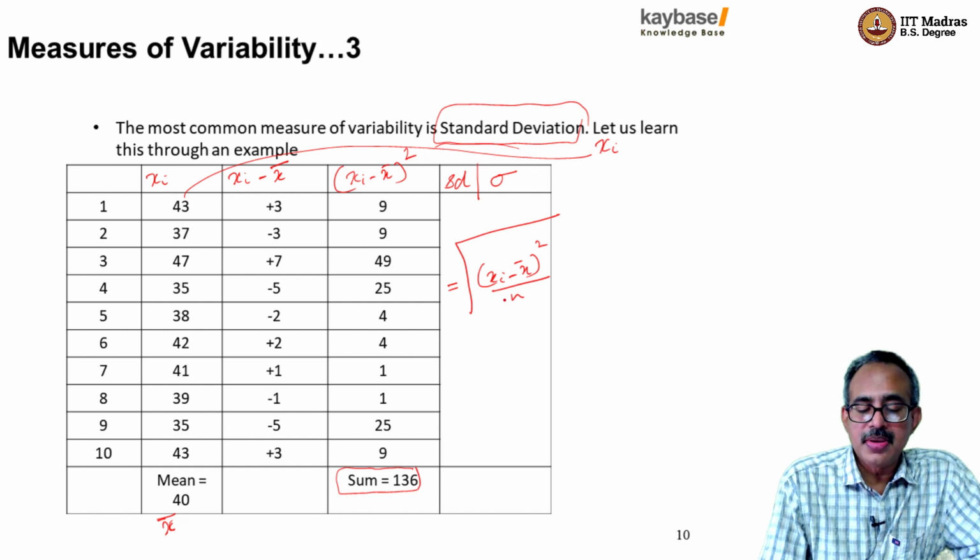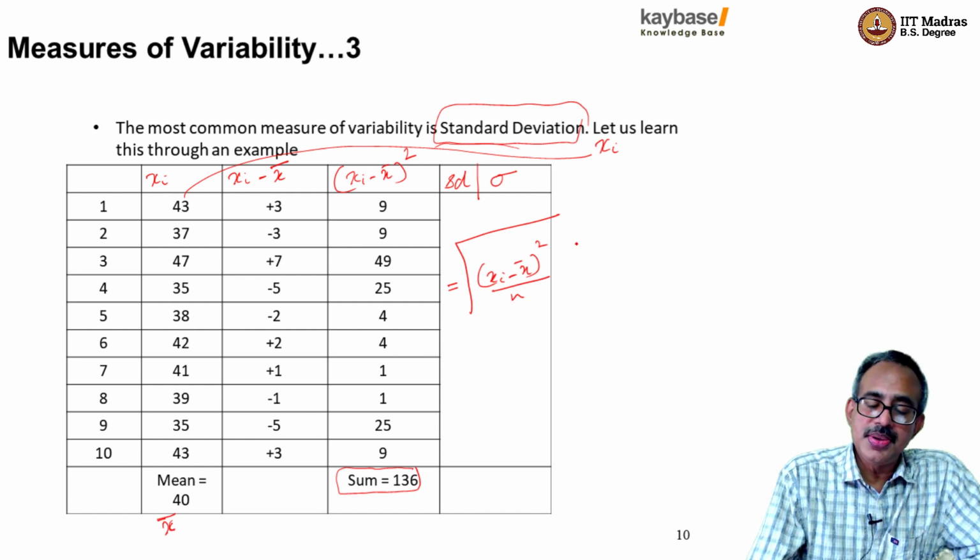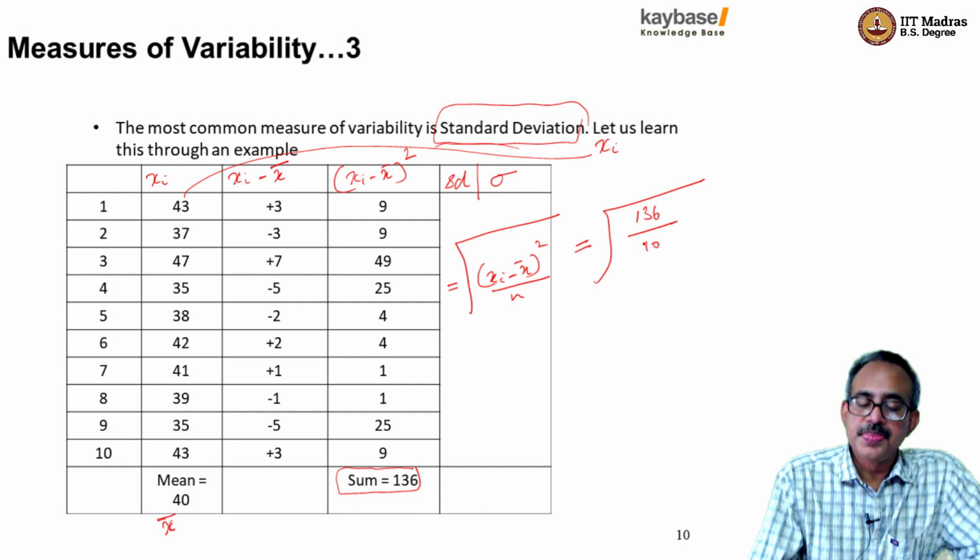The whole thing comes under the square root. So in this case it is equal to the square root of 136 by 10, which is equal to the square root of 13.6,